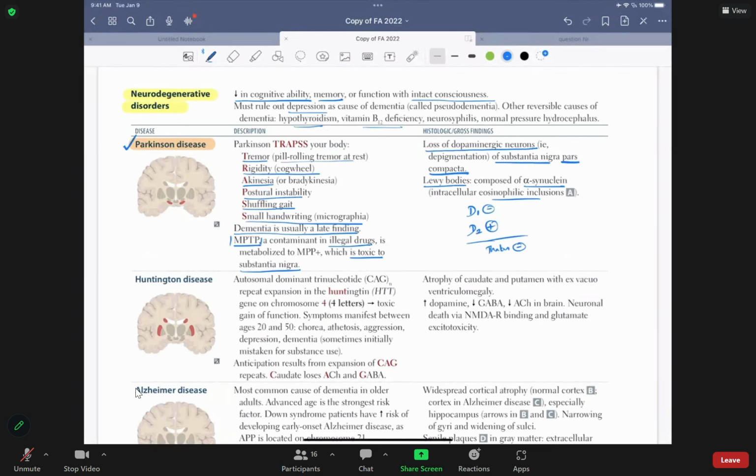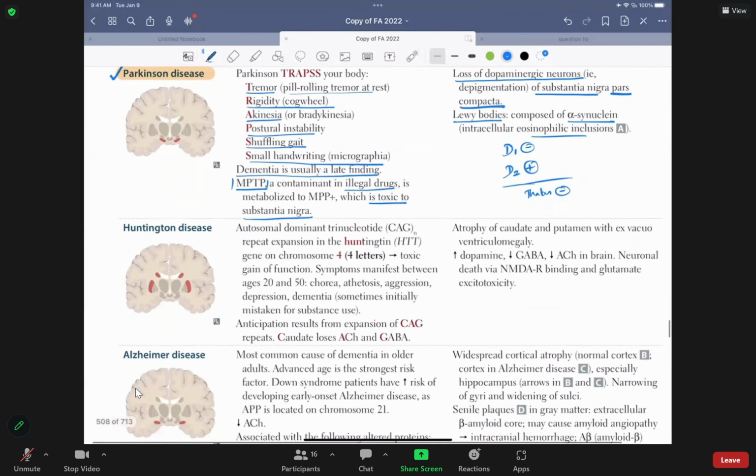I'm not sure if you explained this before, but can you show us what a pill-rolling tremor looks like? It's basically a little tremor in the fingers that happens like that, without their control; they will keep doing that. That's a resting tremor that looks like pill rolling. That's all. Okay. So that's Parkinson's disease.